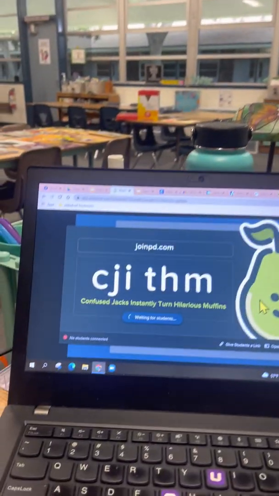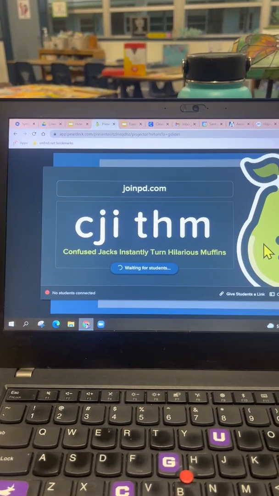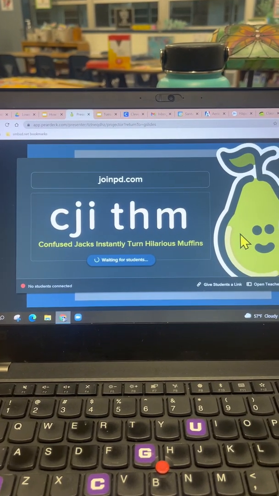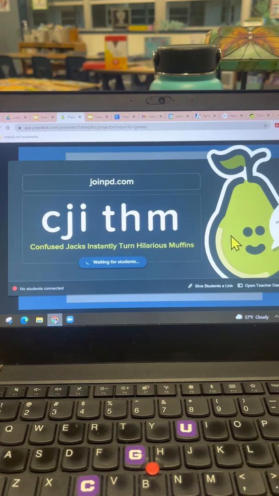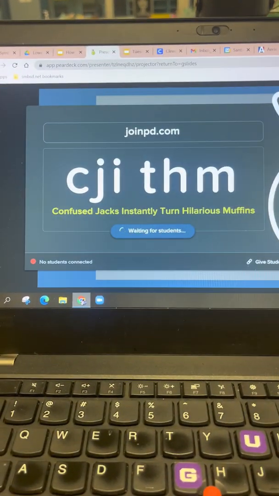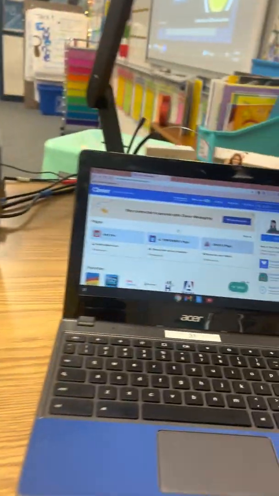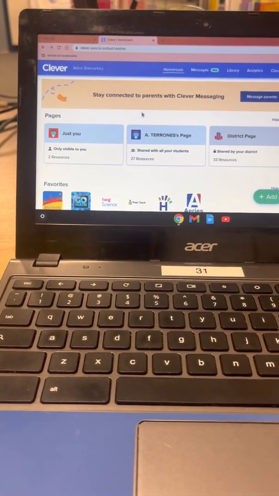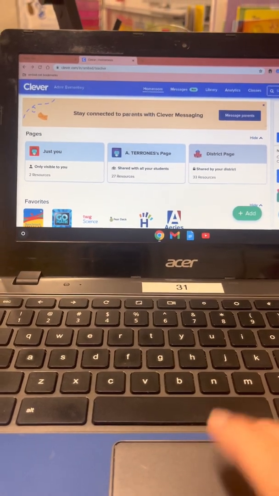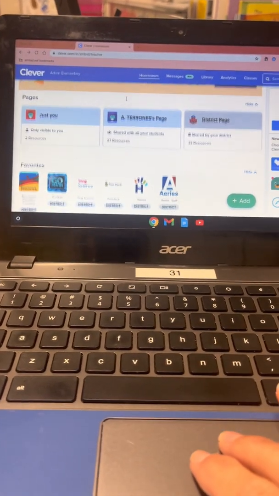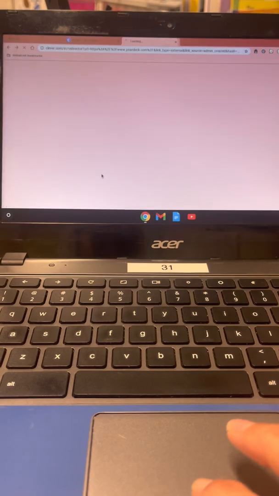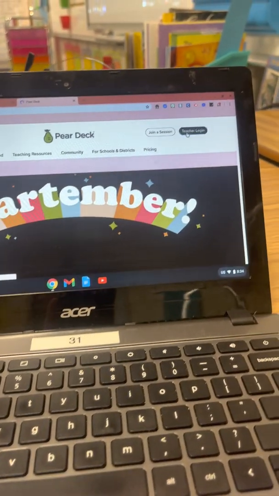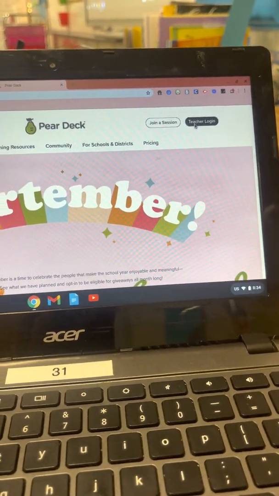So I've opened this up on Google Slides, chosen the Pear Deck add-on. I went with teacher directed, and then I launched it. Now no students are connected. Now, on my teacher Chromebook, here's where I'm going to be able to see their responses. I am going to go to Clever on my teacher Chromebook, and I'm going to launch the Pear Deck app. I'm going to use my teacher login,